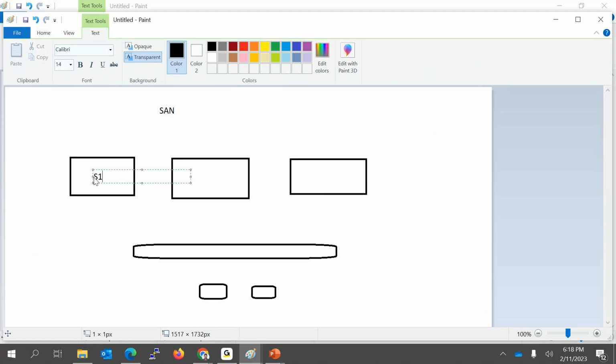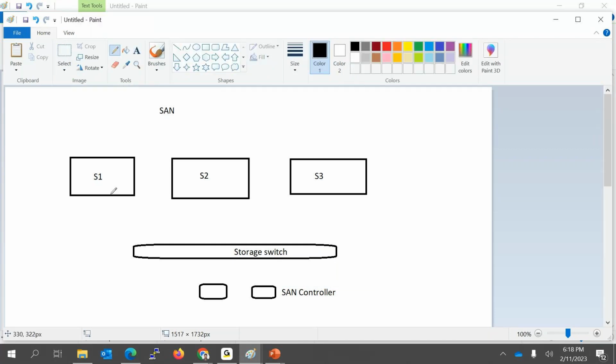So this is your storage switch, and this is your SAN controller. Here the server is connected to the storage switch, and then the storage switch is connected to the SAN controller.